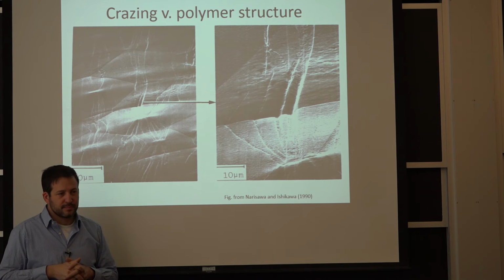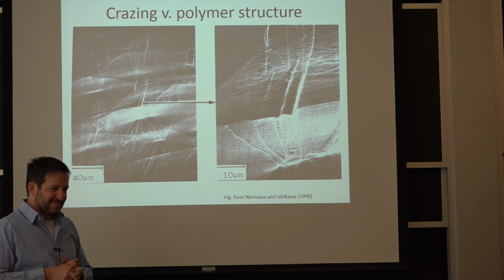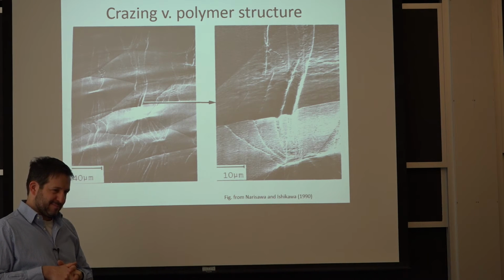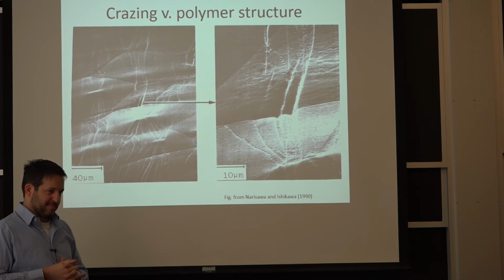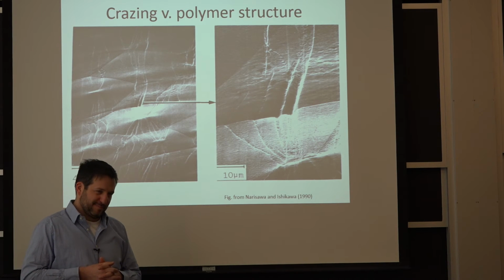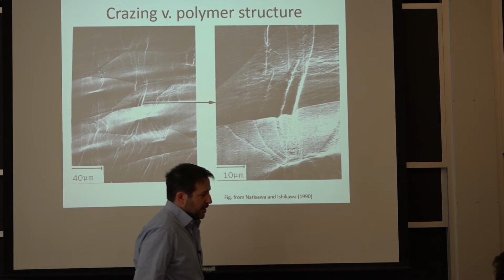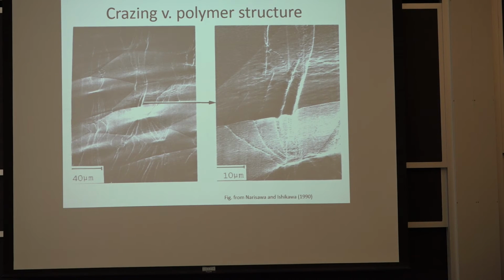Yes? I'm confused about the whole spherulite thing. Normally when I envision a polymer, I think of long strands like spaghetti. If it's a thermoplastic, it's just the spaghetti, and if it's a thermoset, it has the cross links. So where do the sphere-like things come into play? Where are they in the spaghetti? So the question was about where the spherulite comes in.